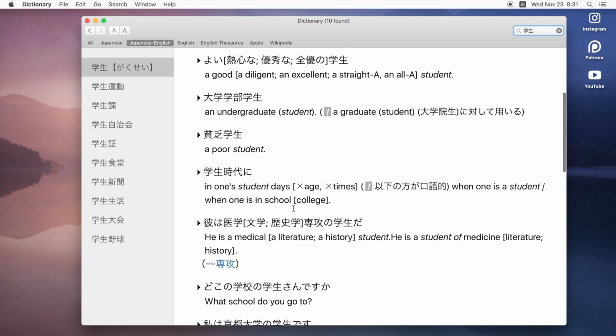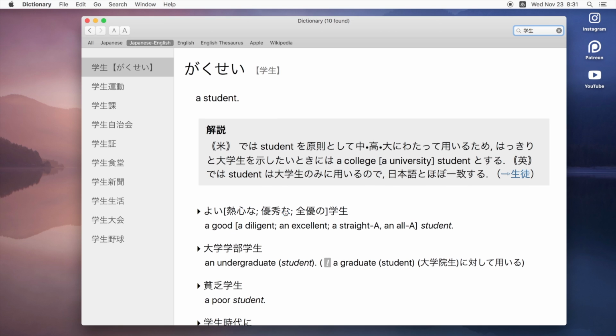Either way works, and this is extremely useful, but this isn't good for phonetic studies because beyond the basic hiragana or whatever's going to be written here, this doesn't actually show us the pitch accent pattern of the word. So a lot of people are under the impression that you can't learn the pitch accent pattern of a word just by using a Japanese dictionary. And well, it's true for Japanese to English dictionaries, but not true for Japanese to Japanese dictionaries.